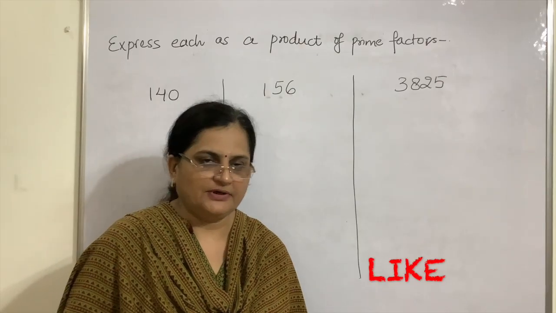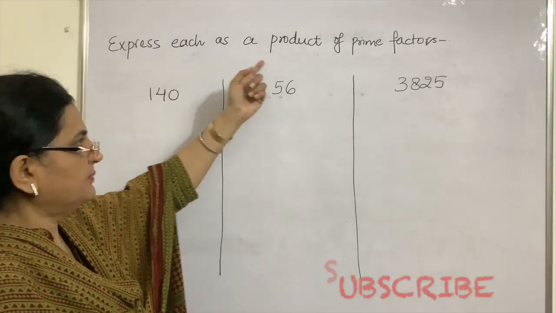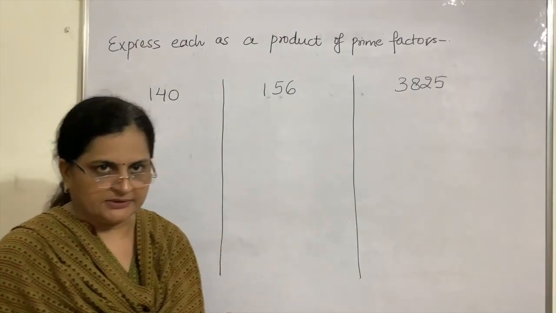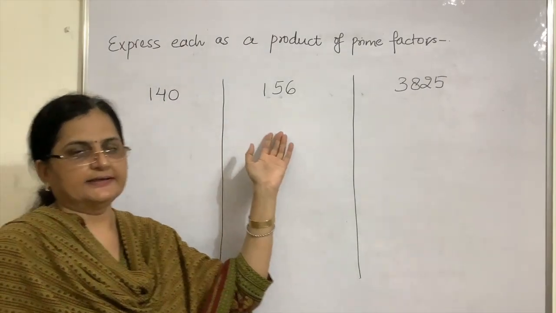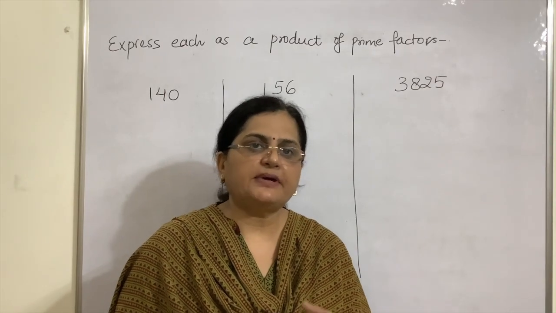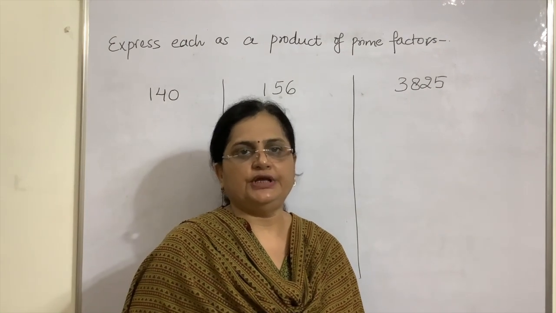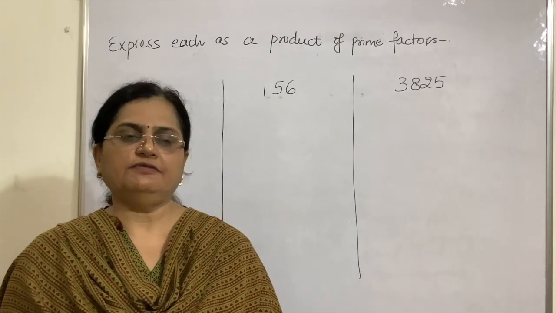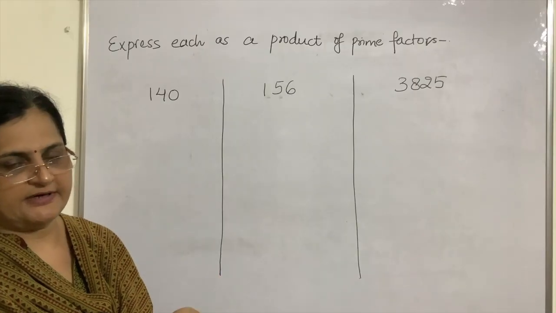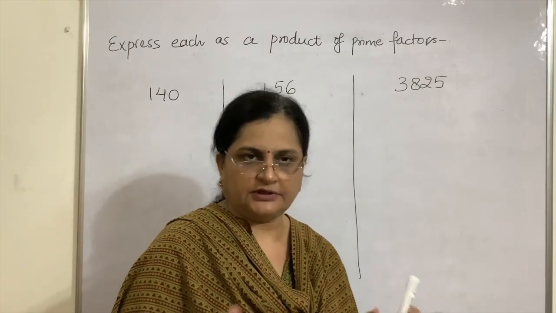Coming on to exercise 1.1, the first question requires us to express each as a product of prime factors. Now factors I have already told you are numbers which will completely divide these. But what are prime factors? Prime factors means only prime numbers have to be used. So what are the prime numbers? 2, 3, 5, 7, such numbers only we have to use to divide this completely, or we have to find factors, only prime factors. Okay, so you already know this, you have been doing this for the last 3-4 years,